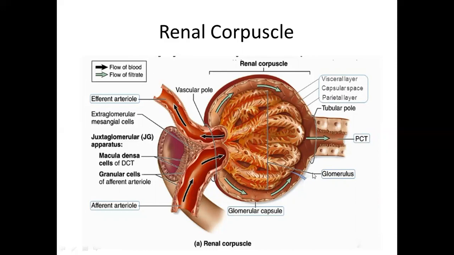Surrounding this tuft, there is a cup-like structure, which is the Bowman capsule or glomerular capsule. This capsule is further made up of two lining parts. One of the cell linings, the outer part of this renal Bowman capsule, is the parietal layer, made up of simple squamous cells, as indicated by this pointed structure. The simple squamous epithelial cells, which are making the outer part of the Bowman capsule, this cup-shaped capsule, is the